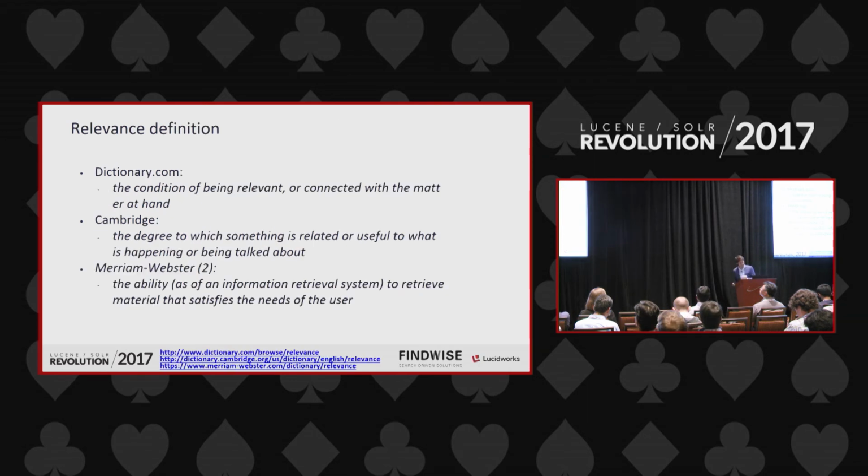When speaking about relevance, I started checking the dictionaries, and there was a really funny evolution of the term between the different dictionaries. Some of them were just speaking about, okay, give me what I need. Then there were some definitions, like the Cambridge one, that actually added a little more emphasis on the context of things, so it is different for one person or another person. And then I was really surprised to see that there are even definitions specifically scoped to the case of information retrieval. And that's the one that we are going to speak about today.